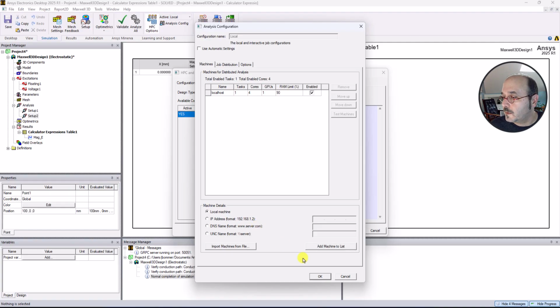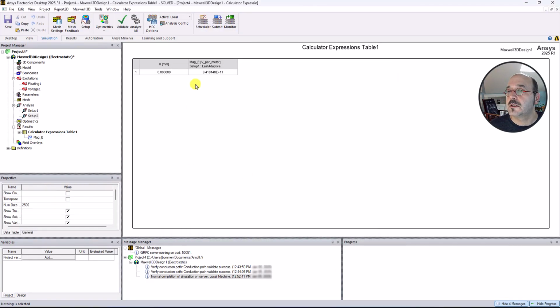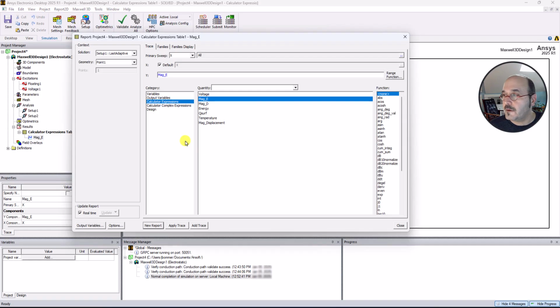simulation. So I'm going to just cancel out of this since I didn't make any changes, and what we really want to get to is comparing the results. So this is showing the previous result from the setup 1. So I'm going to show you how to add a new result to the exact same report, this thing called Calculator Expressions Table 1. So if I right click and if I go to Modify Report, everything is the same